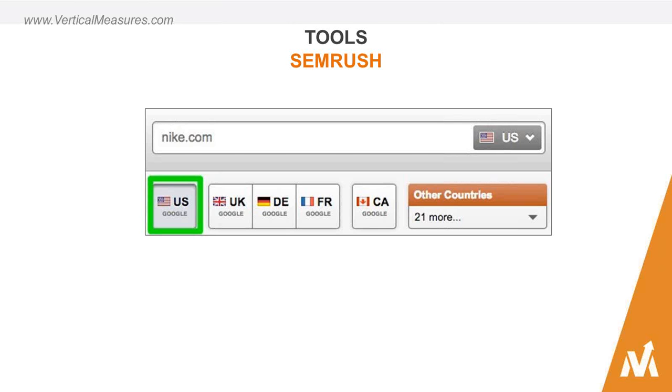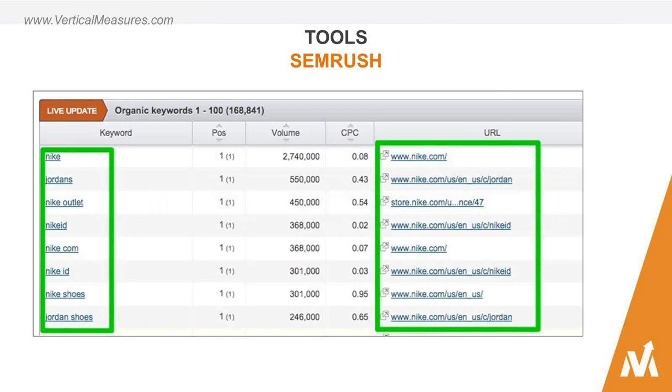So how you use this is you want to peek at your domain name or a competitor domain name and peek at the top ranking URLs that correspond to specific keyword terms. So for example, Nike.com, very generic example. They're ranking number one for a number of terms. They've ranked for about 400,000 keywords in the US, on the US version of Google, I believe. On the right hand side, SEMRush will show you the specific URL which is ranking for this specific keyword term.